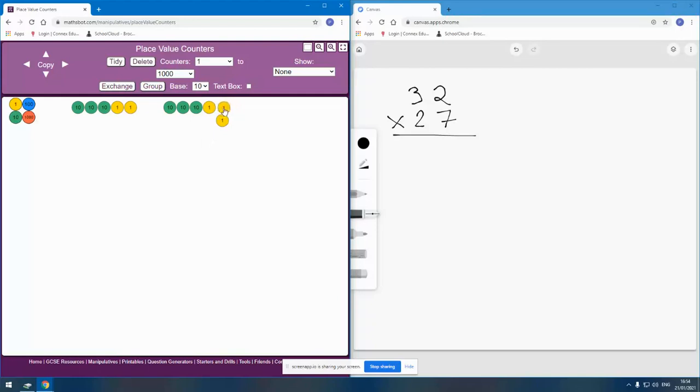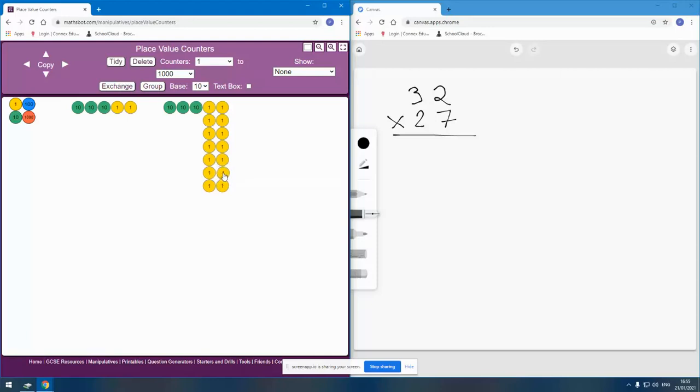So now I've got 2 lots of 2 ones, and then 3 lots of 2 ones, 4 lots, 5 lots, 6 lots, 7 lots. So now I have my 7 times 2, and we can see that there, 2 repeated 7 times,